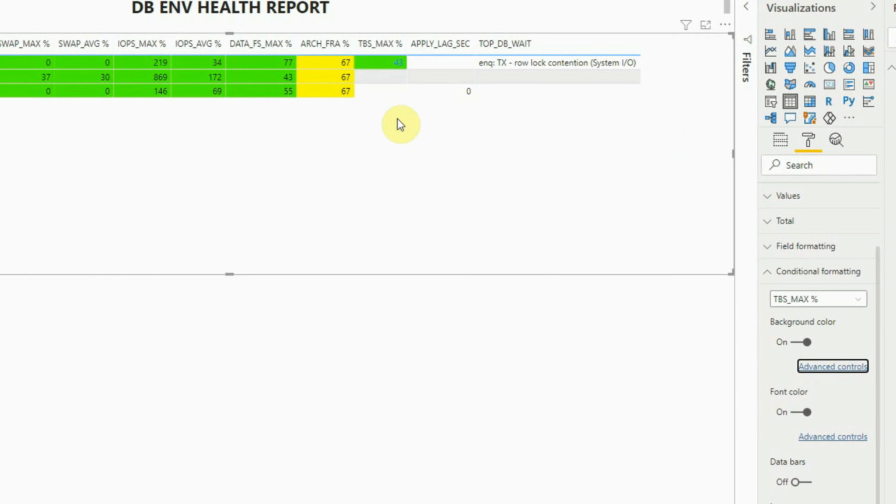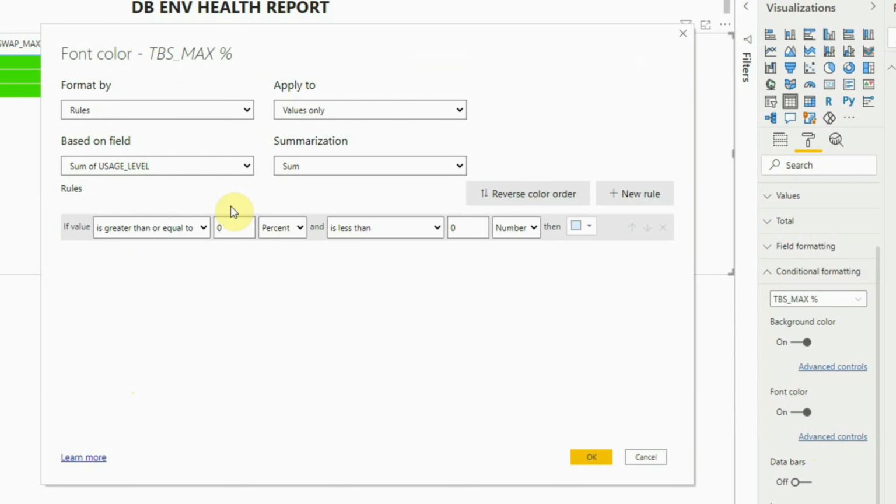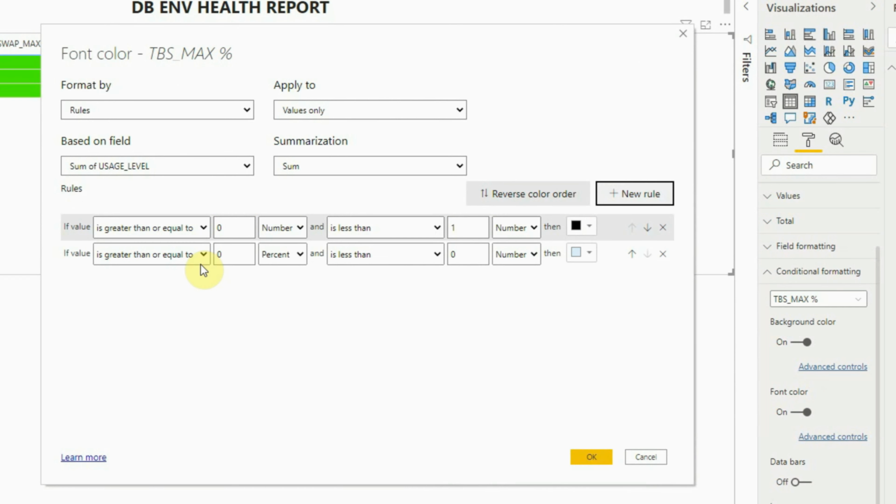Then we have to change the font colors also. Click on the advanced controls under the font color options, rules, select the usage level field. If the value is greater than or equal to 0 number and less than 1, then the font color will be black. New rule,